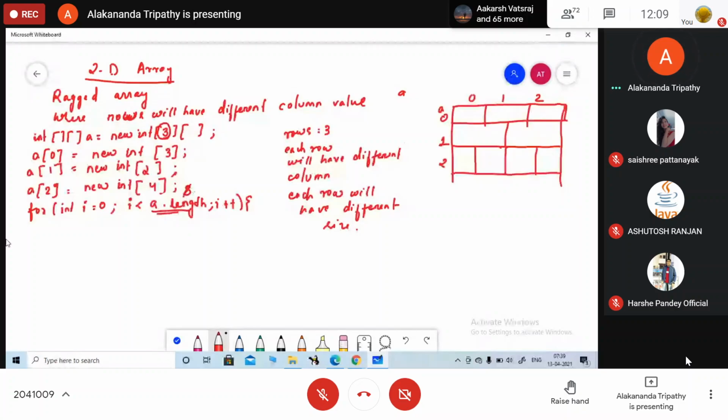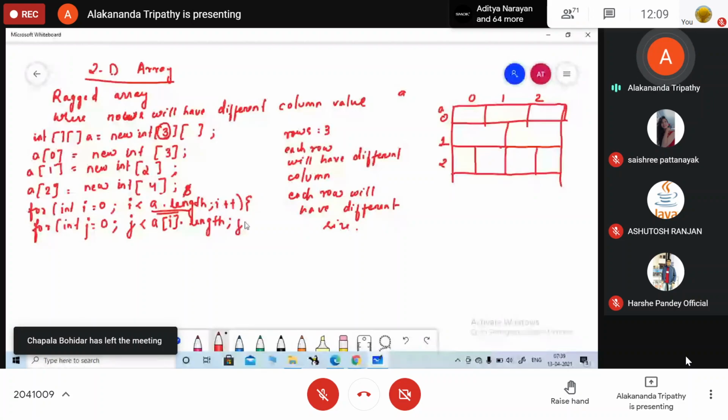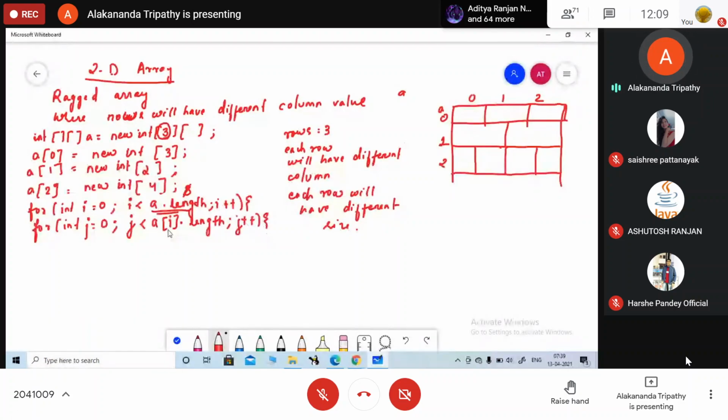Then the j loop is used to count the number of columns. int j = 0; j < a[i].length; j++. Now check this line, a[i]. So when i equals 0, the for loop will be j = 0; j < a[0].length.